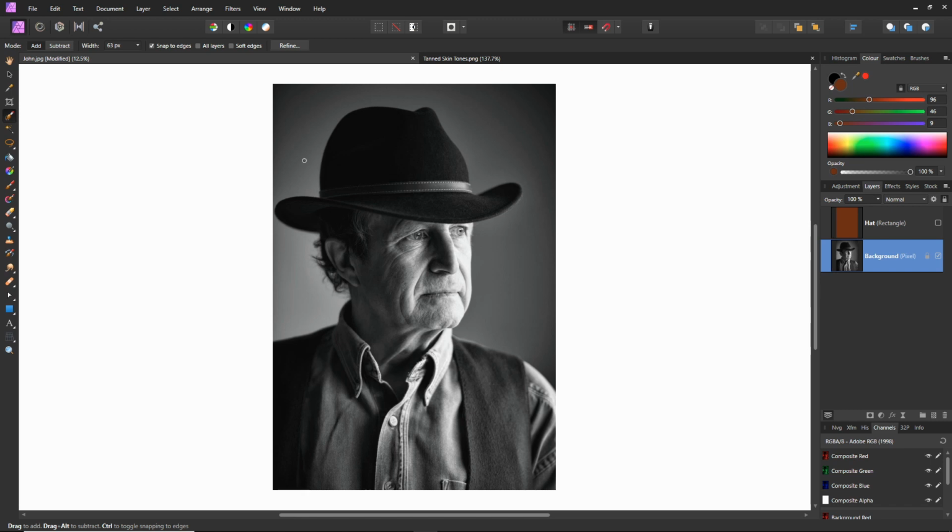So I'm going to press the right square bracket to increase that brush size slightly, and I'm going to start painting over John's hat. You can see here we've selected an area we didn't intend to. So if you press Alt and left click, that would deselect that area. I missed this little corner on John's hat, so I'm going to let go of the Alt key and just